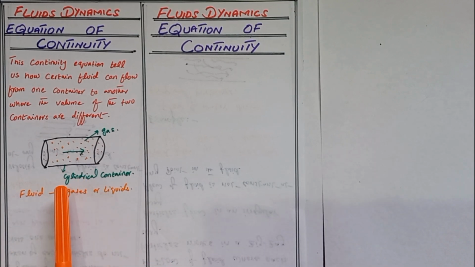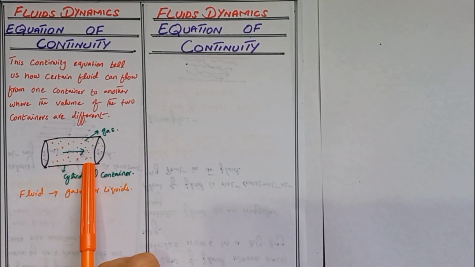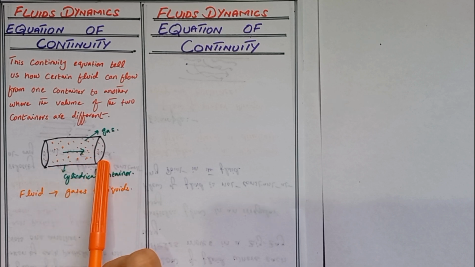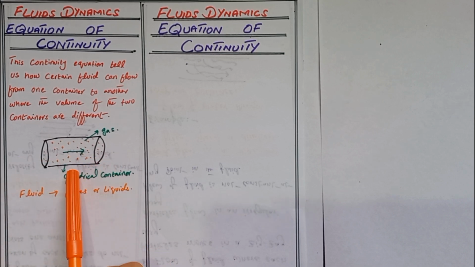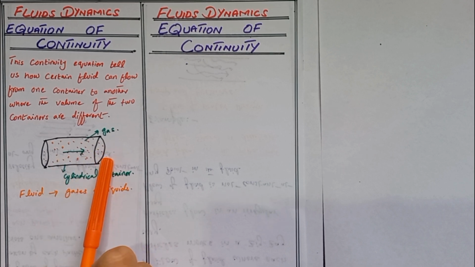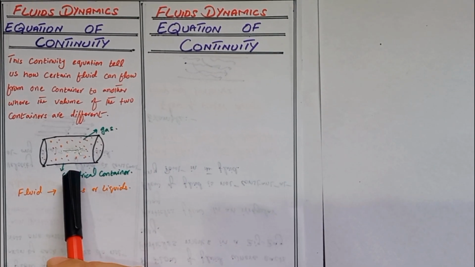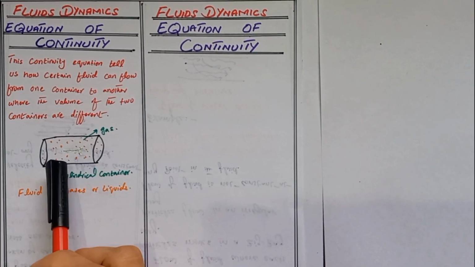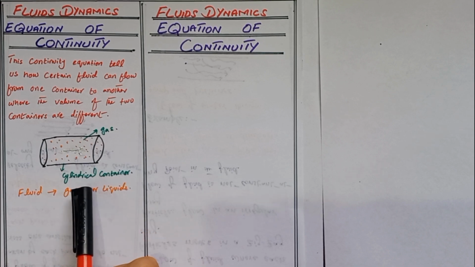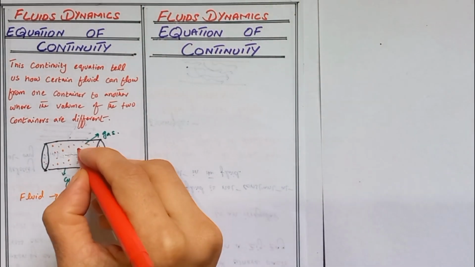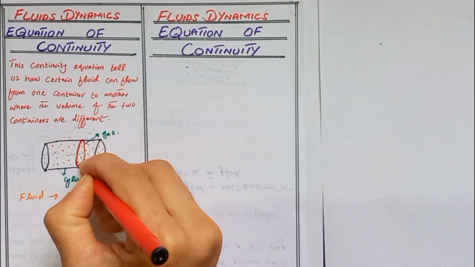Now an important assumption that we will make here is that the motion of all the gas molecules is toward the right, the gas is flowing smoothly from left to right. In other words, we will ignore any motion of the molecules that is not toward the right, since it will be minimal and not affect the fluid flow. Let's imagine that for every second of time that passes, 1 kg of gas moves from left to right within our container. Let's consider the cross section along the length of the container.